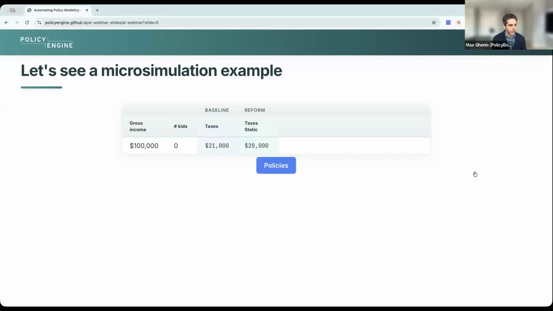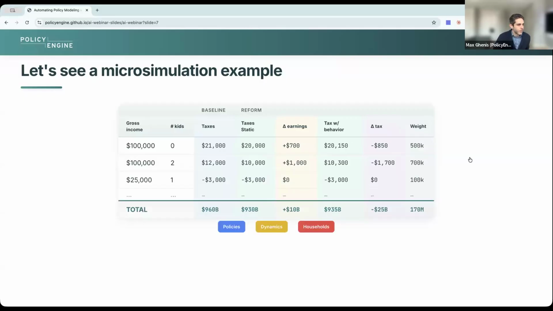So that's $20,000. And economic theory would say, okay, maybe there are tax rate changes that could affect their earnings. So in this case, maybe the structure of it is going to increase their earnings. And then you can recalculate what that means for tax liabilities and revenues. So it's going to be a little less than that $1,000, down to 850.